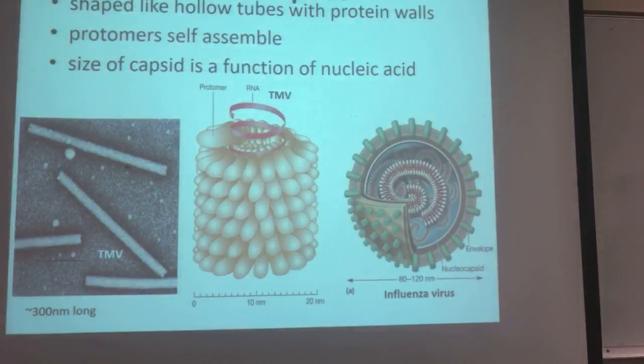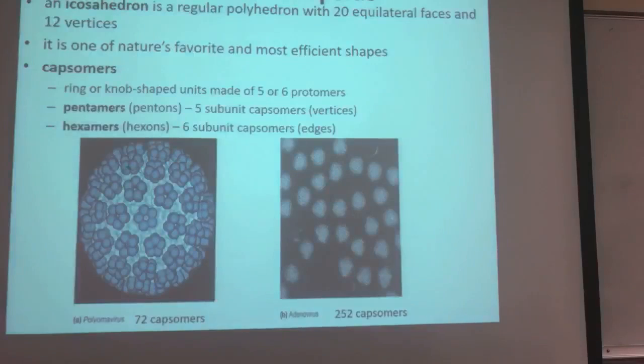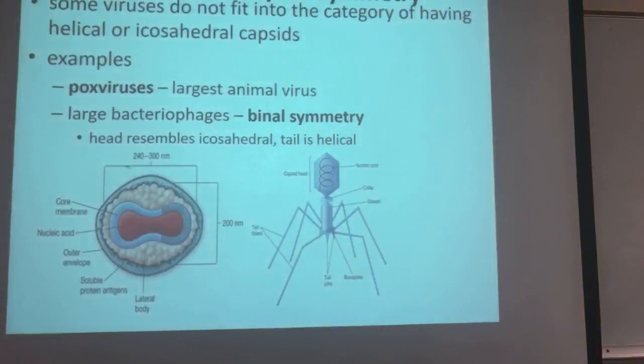You should know there are helical capsids. There are icosahedral capsids. I'm not sure if I asked this, but you may want to know that in the icosahedral shape, the pentamers are 5 units, and they're at the vertices, and the hexamers are 6 units, and they're along the edges. And then there are viruses of complex symmetry. Just understand what that means. That means it's not just a simple shape, it's a combination of different shapes, right?